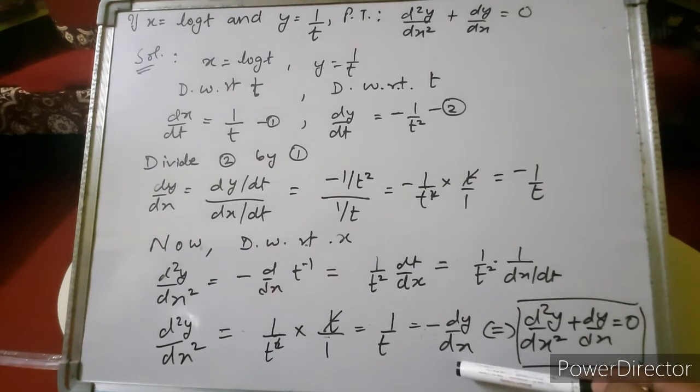Understood, children? Because somehow we have to relate this value to dy by dx. Right. So depending upon the requirement of your solution, you have to substitute the value. Right. So when we write minus dy by dx and transfer this term to that side, we get the required result d2y by dx2 plus dy by dx equals 0. This is what we have to prove, right? Note down please, and try to solve the exercise. Do all the work in your fair notebooks.